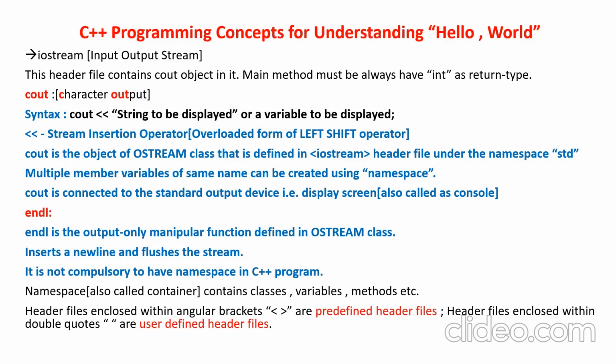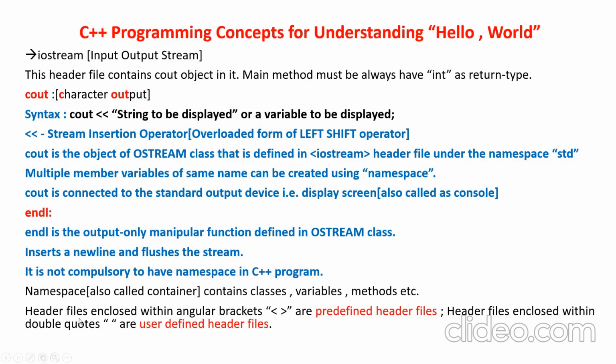Namespace is nothing but a folder. It is a container which will be holding classes, variables, methods, or any other classes. So as the number of namespaces is very large, you can create multiple variables with the same name, same methods, same variables, all having the same names but having different functionalities. So that is a very powerful feature of C++ programming, this concept of having the same name for different functions and different variables under a different roof. It is not available in the C programming language. Only C++, Java, and C# have these features within them.